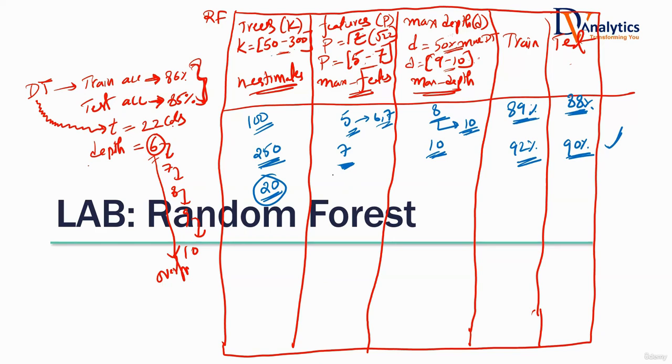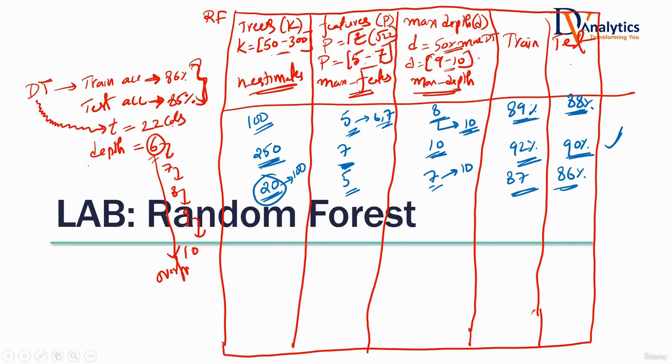Okay. Max features 5, not bad. And then max depth 7. Now that is too close to this one. So usually it has to be 50% more than the original decision tree. Maybe for this one try something near to 100. This one try something near to 10. Then definitely you will get better accuracy, I think somewhere around 87, 86. This is also not bad, but there is a scope for improvement in this. Okay.